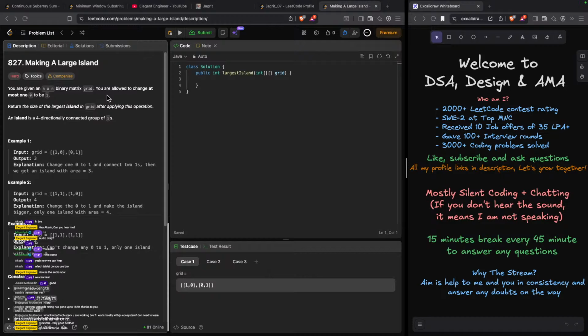Given a binary grid, you are allowed to change at most one 0 to 1. So we are given a grid, say 1, 0 and 0, 1. One way is that I can just do a brute force, right? Whenever I see a 0, I can just run a loop and check that. That's the brute force way of doing things.